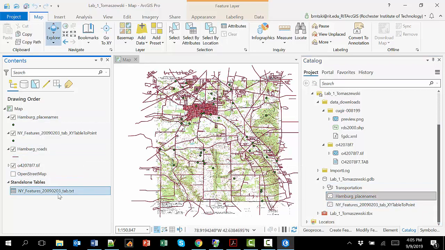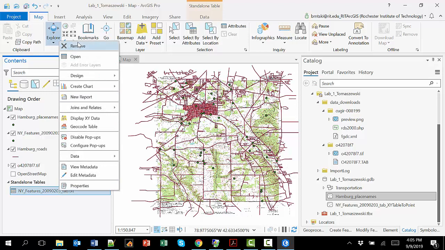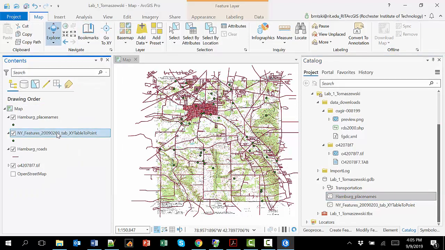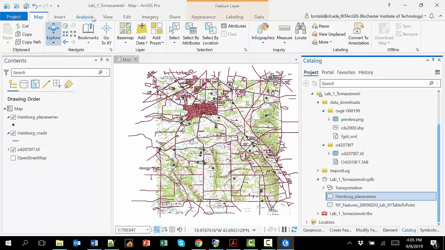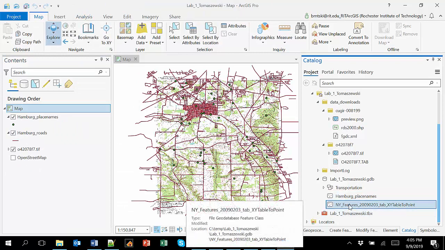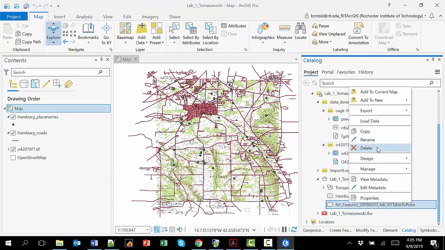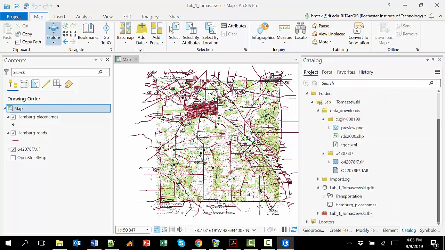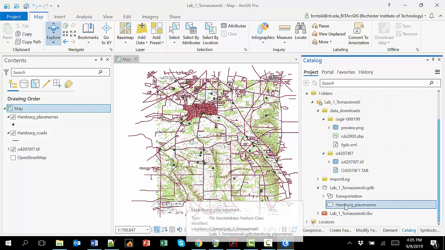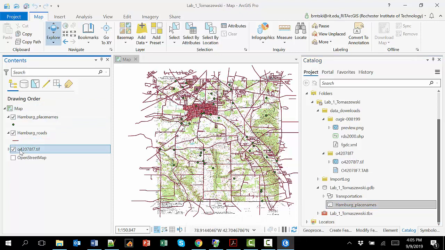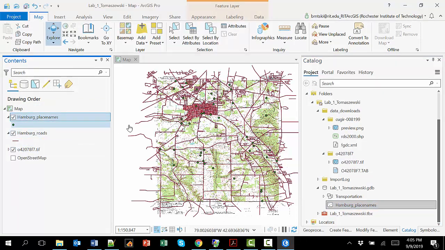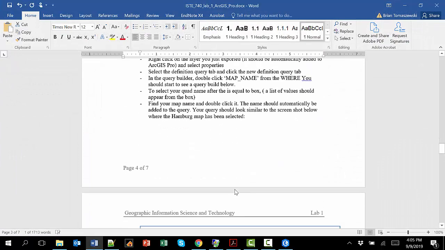And so in fact, I can remove that. I can remove that. I don't know why it added that there, but I'm going to remove it because I like a nice little clean file geodatabase, right? And so now I've got my one raster, my one vector. I've done the import, I filtered it, and if I move along in the instructions,